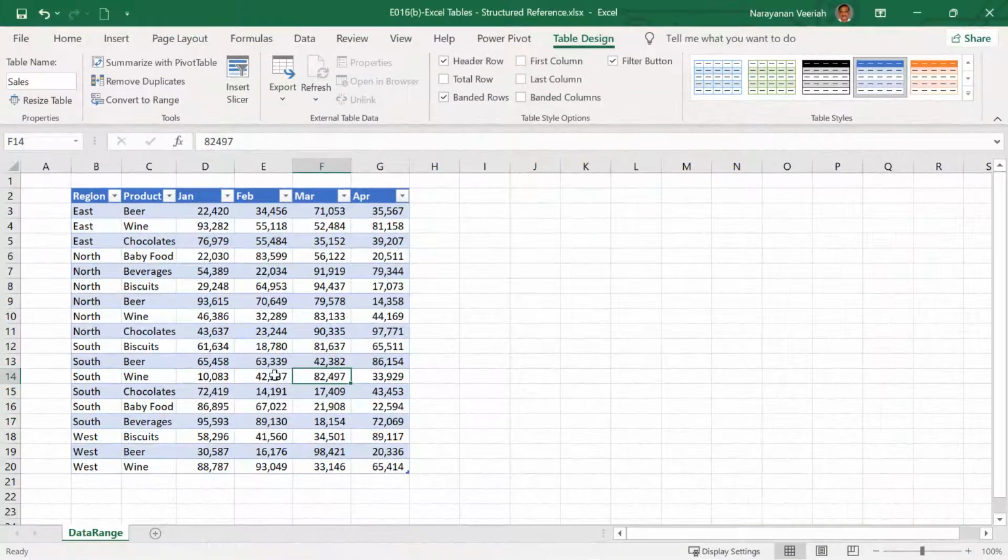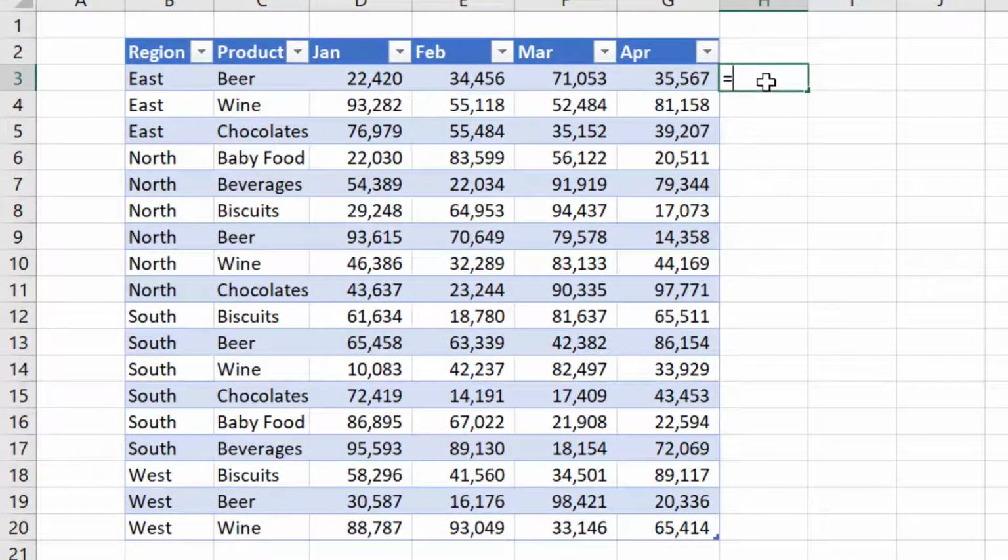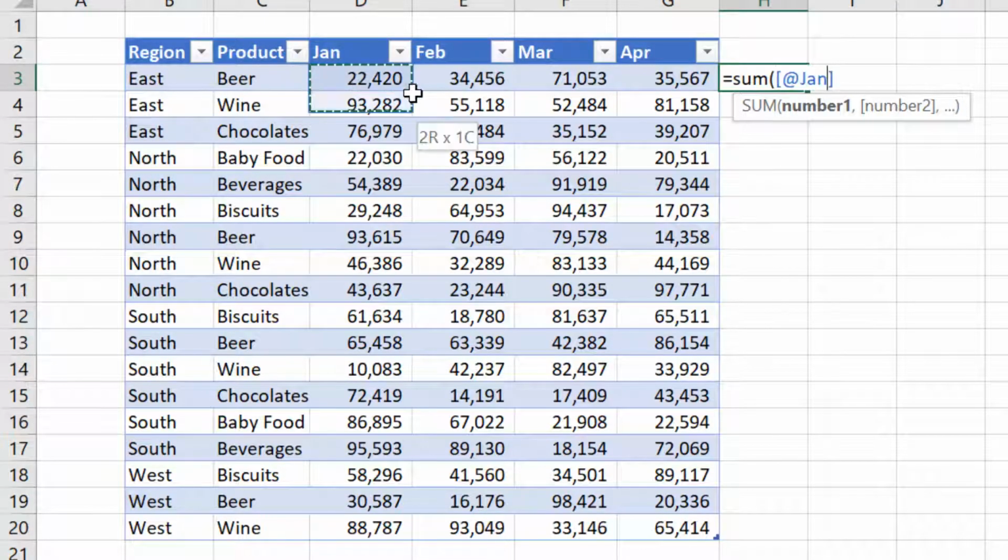Whenever you add a formula to an Excel table, Excel makes use of these names automatically in the formula while you select the cell references in the table. Let us add a formula to calculate sum of monthly sales. Here, for the argument, select the required cells using your mouse instead of manually entering them.